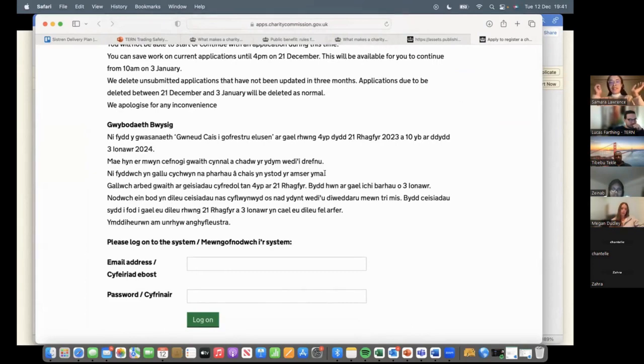And what that application process is essentially doing is asking you about what you're doing, who you're doing it for, and what the benefit to the public is. And you need to give quite a lot of detail describing the activities, who they're for, why do people need this? If you're providing a service, why do they need this service? For example, you mentioned supporting young people in Ethiopia, in primary school, they'll want to know why that's needed in Ethiopia. Is there some kind of disadvantage that you are addressing with your charitable purpose?